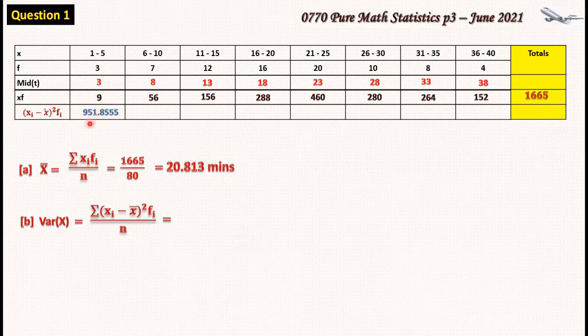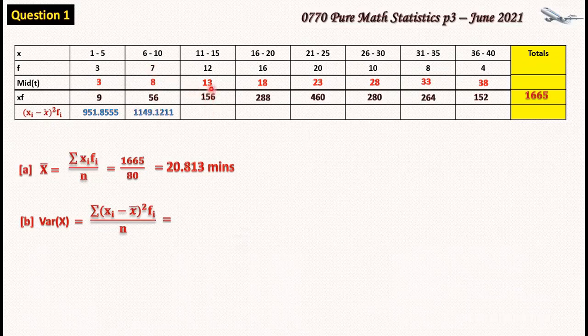951.8555. Why am I taking it to 4 decimal places? I'm taking it to 4 decimal places because at the end, I would like to approximate my answer to 3 decimal places. If it takes 3 decimal places, it's still okay. And since the first part of the question wants me to give my answer to 3 decimal places, it will be good that I draw the line for the B part. And the second one, the statistic is 8. So we have 8 minus 20.813 squared times its frequency, which is 7. So this gives us